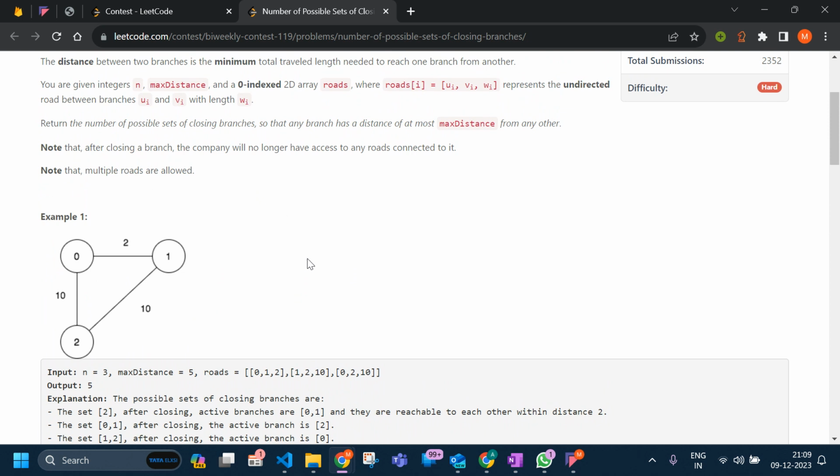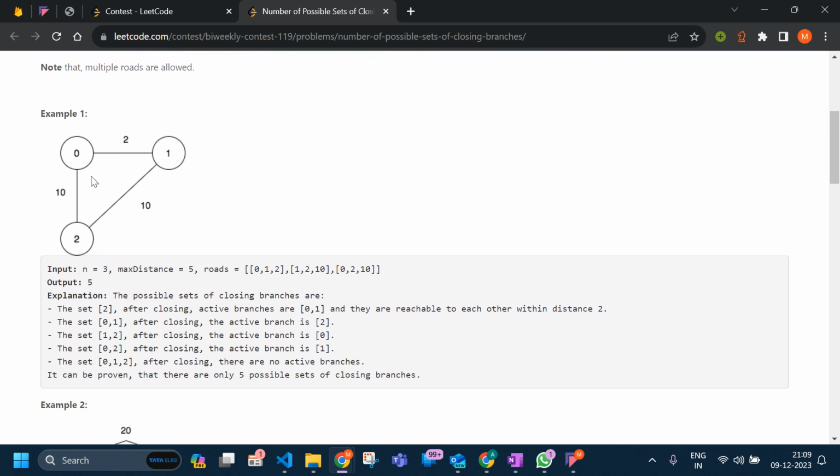You can remove a subset of all these nodes. Like 0, 1, and 2 are given. So either you can remove 0 or 1 or 2, or 0 and 1 simultaneously, 1 and 2 simultaneously, or 2 and 0 at a time, right? Or even 0, 1, and 2 all at a time. And you need to tell how many subsets exist like that,